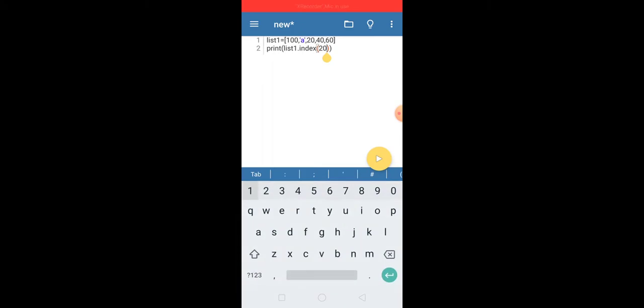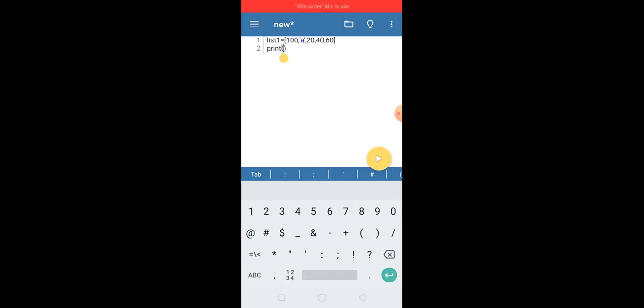If you write print 100 in list1, then it will give the answer True.